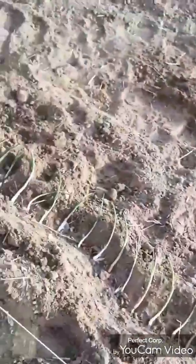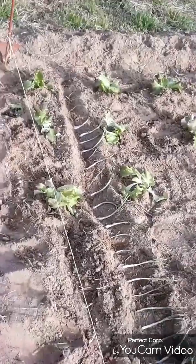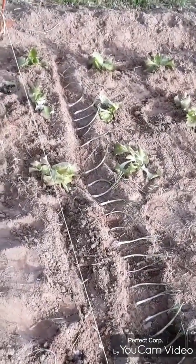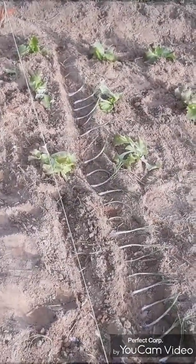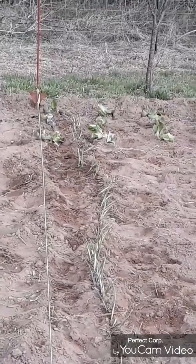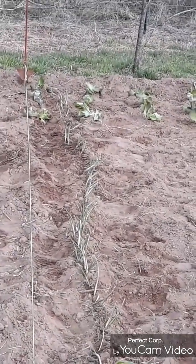Like I said, don't look at my rows. I can barely drive straight. I can sew straight, but I cannot drive straight or run a hole across my garden straight. So, okay, yeah, I got off just a hair. I may go ahead and go back and fix that. It does kind of stick out like a sore thumb,